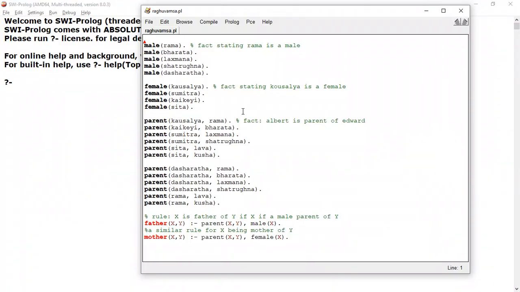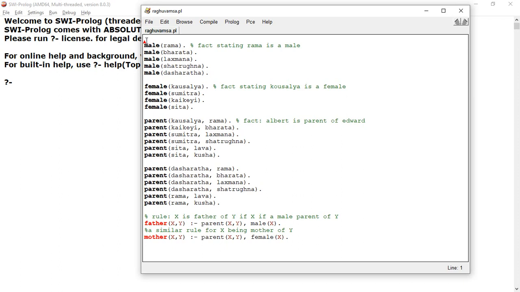So far we have seen compiling the Prolog program in the online compiler. I told you that there exists a setup file. You can also download that. It's around 12 MB. You can install it on your desktop. Once you install, go to the start button and open SWI Prolog. It looks like this. From File, open the new file.